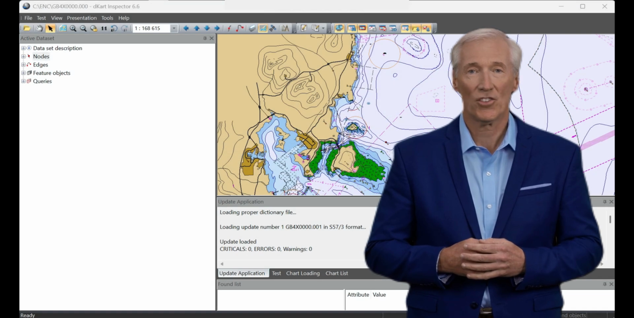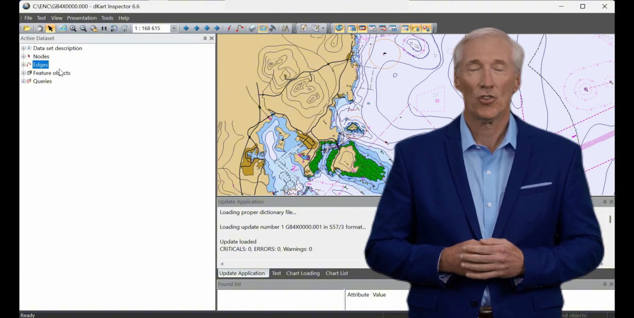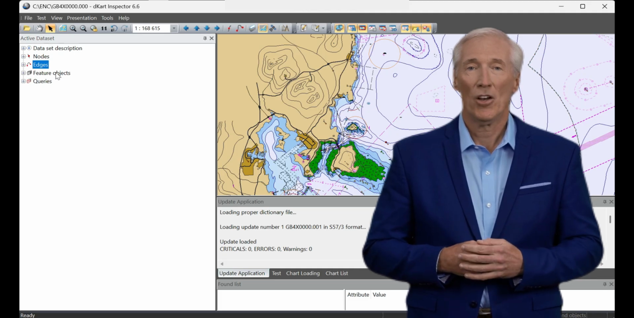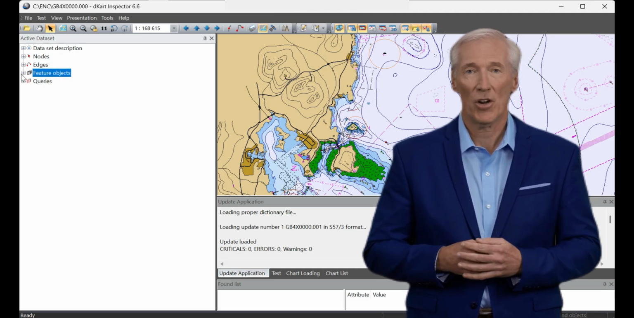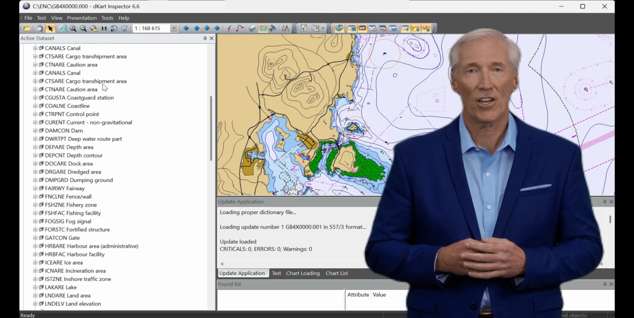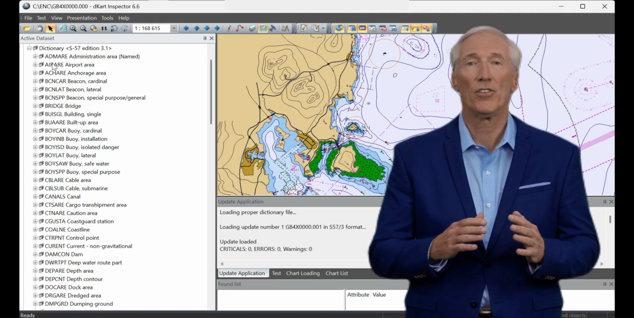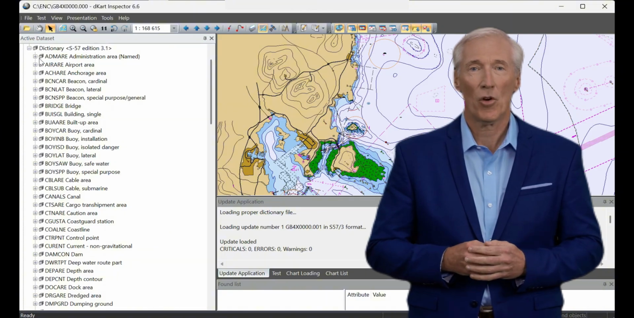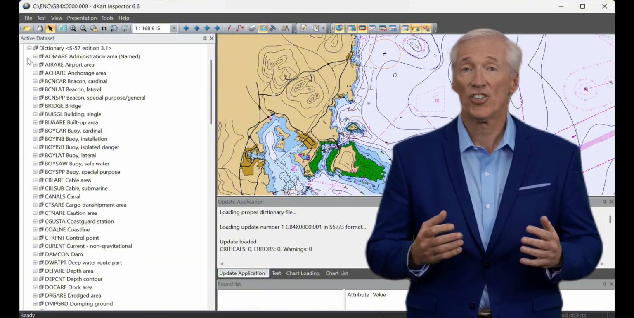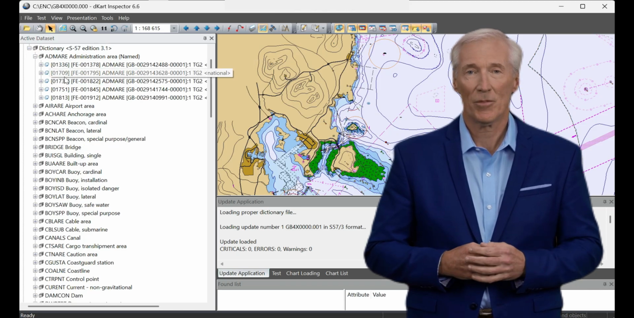information. Next, you'll see two high-level branches for spatial objects, nodes and edges. These define the chart's geometry. The main part of the tree is the Feature Objects branch. Here you'll find the full content of the ENC chart, organized by object classes. Each class, e.g., buoys, depths, boundaries, contains a list of object instances. Each instance is described using a specific set of attributes, such as name, type, or